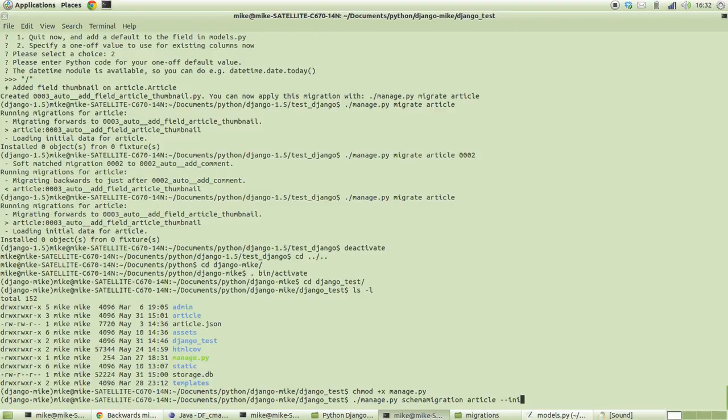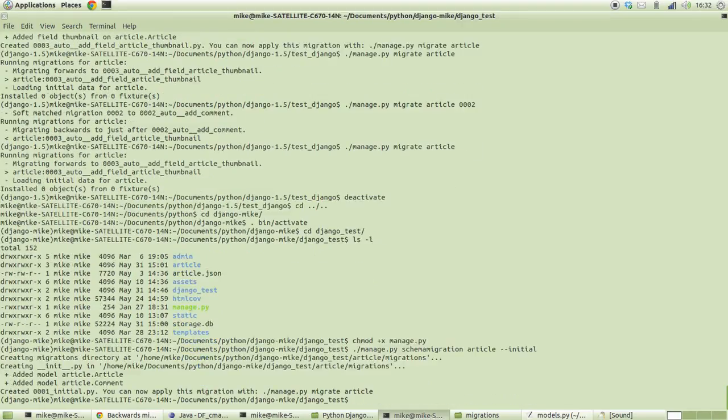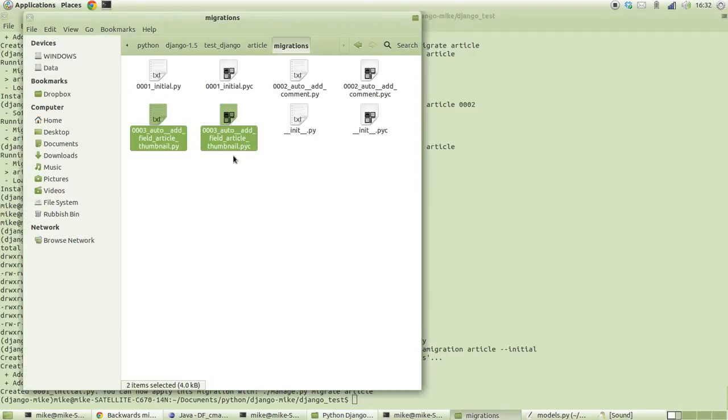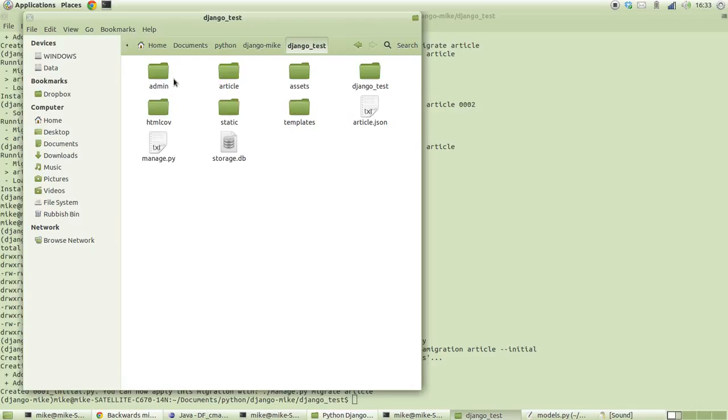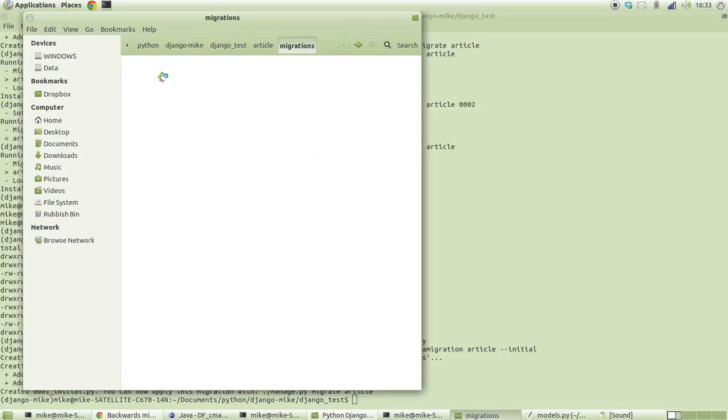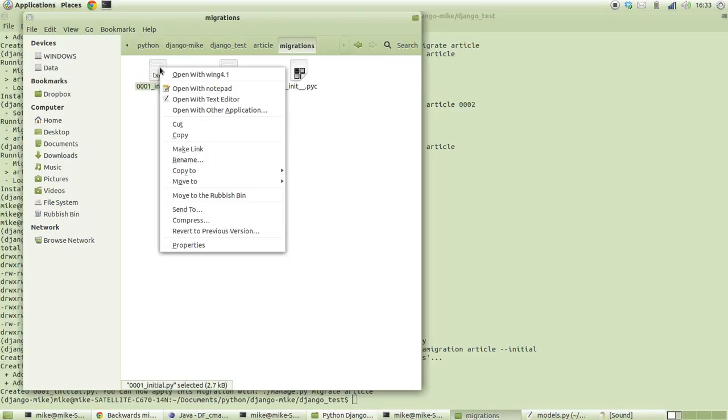Yeah, or a speller. Right, so there you go. From the first initial, it noticed that I've already got my article in there. I've already got my comment. If I use my browser, I think I should be able to find the files inside of article, and if we just edit that,